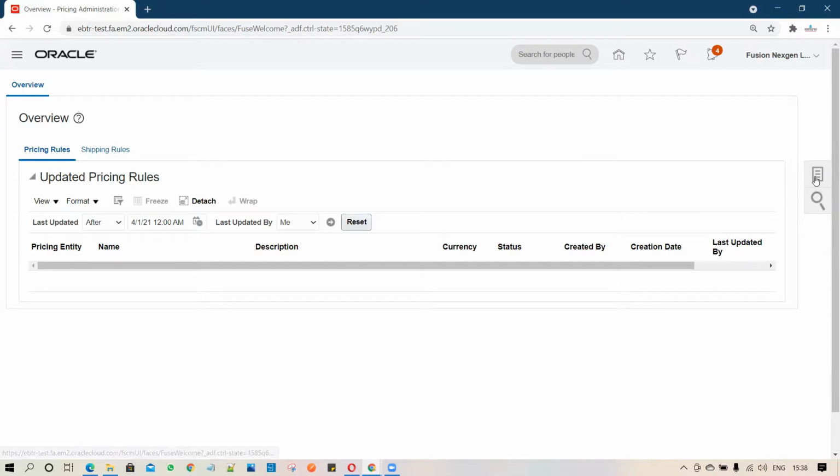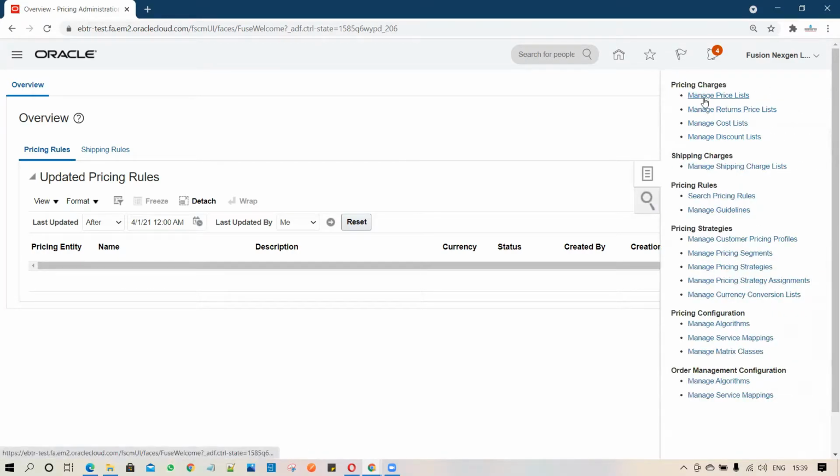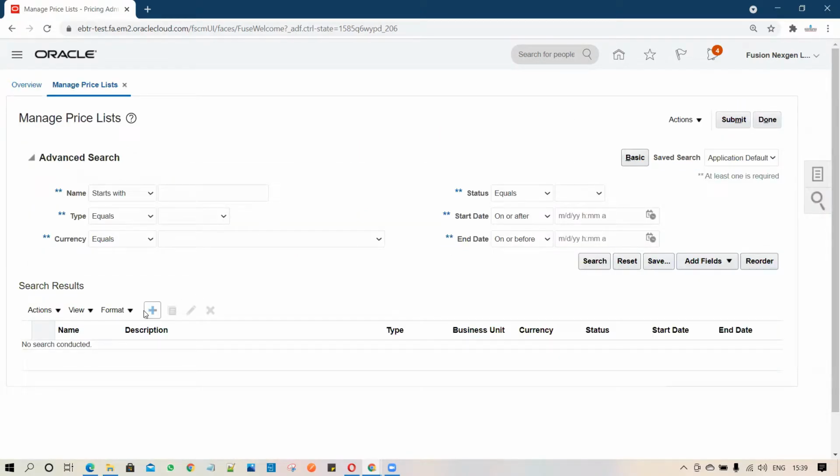To create the price list, you have to go to the task, then manage price list. Once you click on price list, you have the options available. Either you can click on the plus icon or you can go via the action option and create.